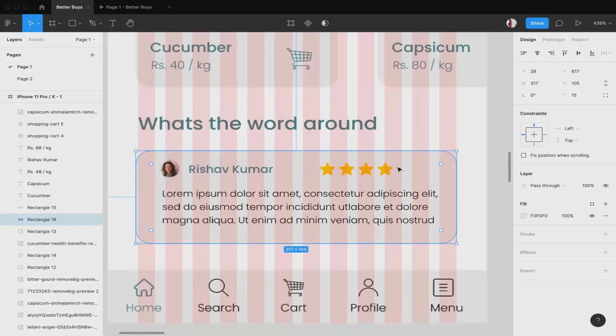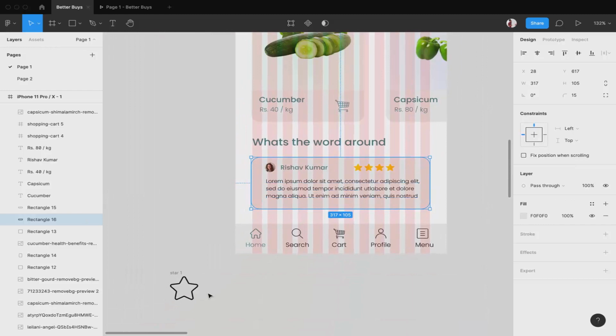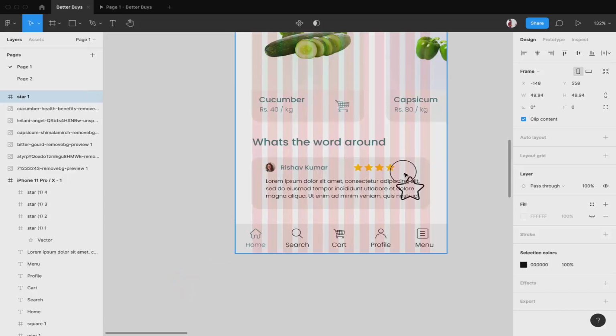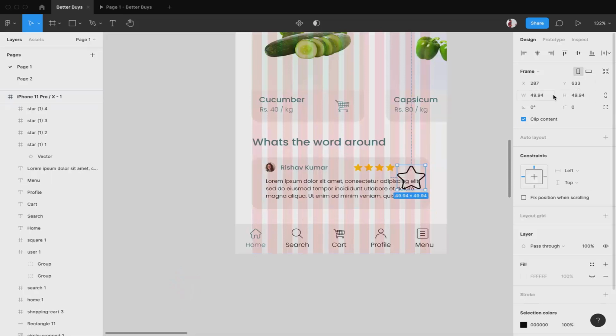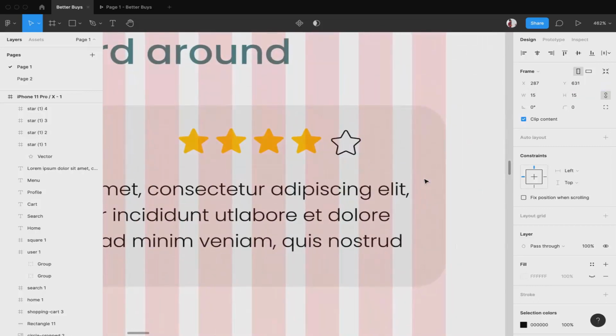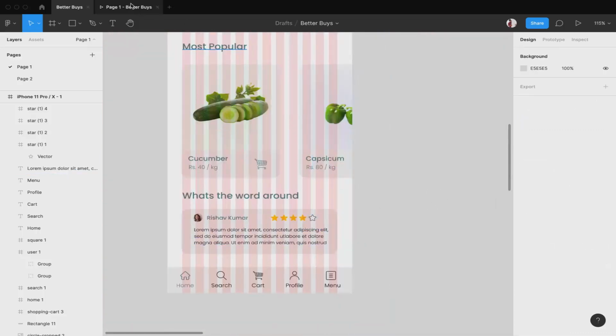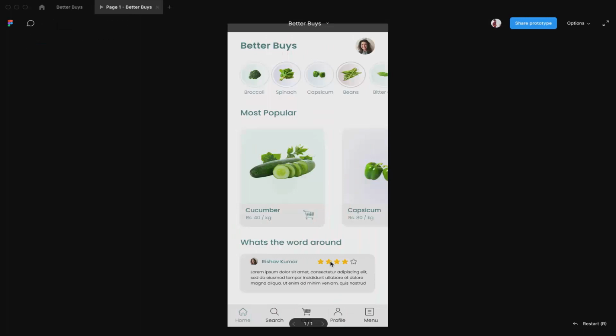Okay, so that means I gave 4 star out of 5. Now then again this star, I'll bring it here. Now you can see the height and width are same, so again I'll lock it, change it to 15, and boom, it is done. So our review section is also done. This should change automatically, or maybe I will add a scroll feature, that we can decide later. But our home screen is done for now.